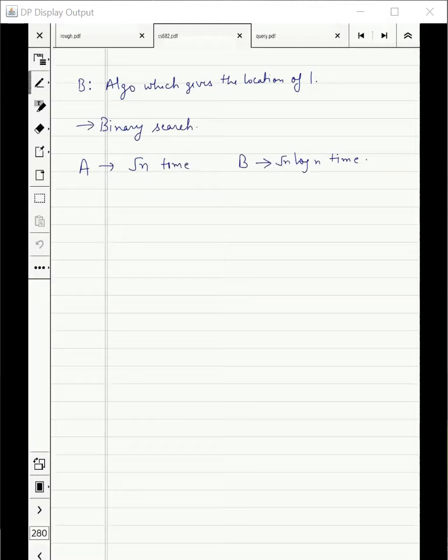Finding whether there is a marked element is very different from finding the location of the marked element. So let me just write it clearly. One task could be: find whether there is a marked element. This is the simpler problem. And the other is: find the location of the marked element.